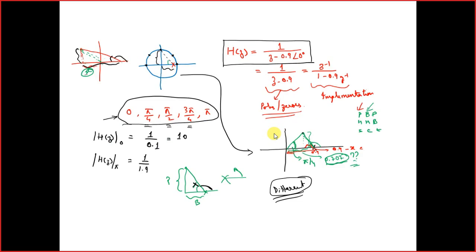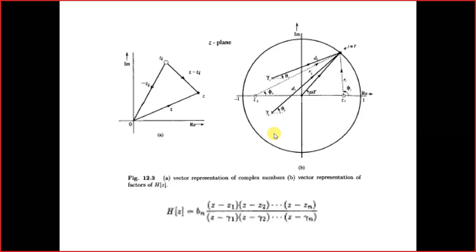I will be coming to this slide a bit later. Now let us first discuss this figure. In this figure, if you see, a few days back, even in our last class, we have discussed this representation of the vectors to a particular point. So the first point is something like this.